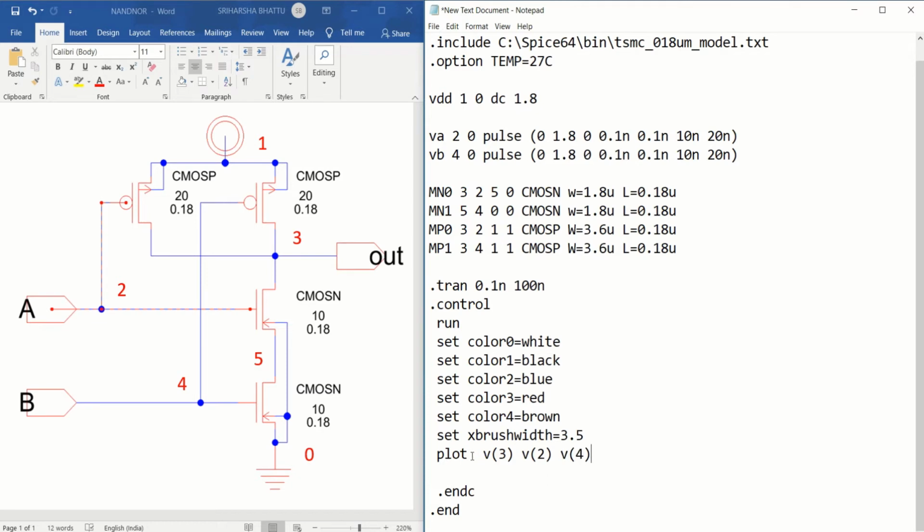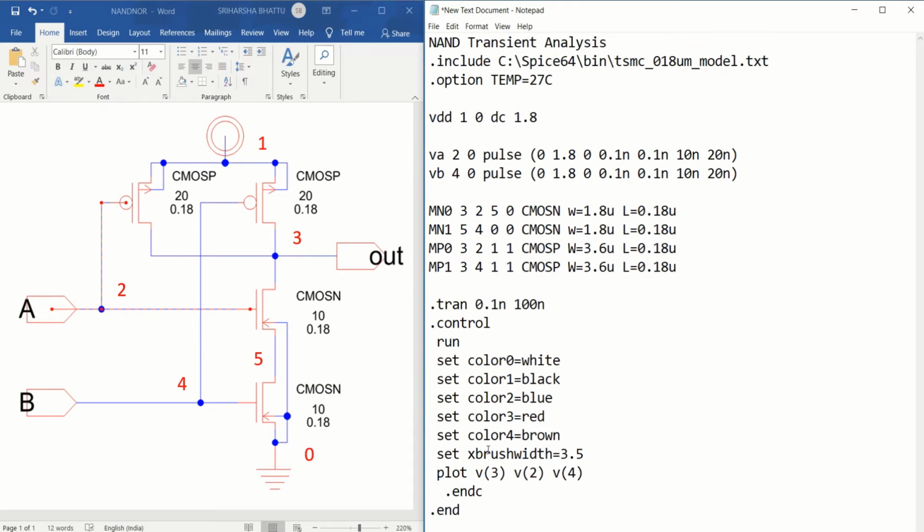So V of 3 acts as the output, V of 2 acts as A input, V of 4 acts as the input B.